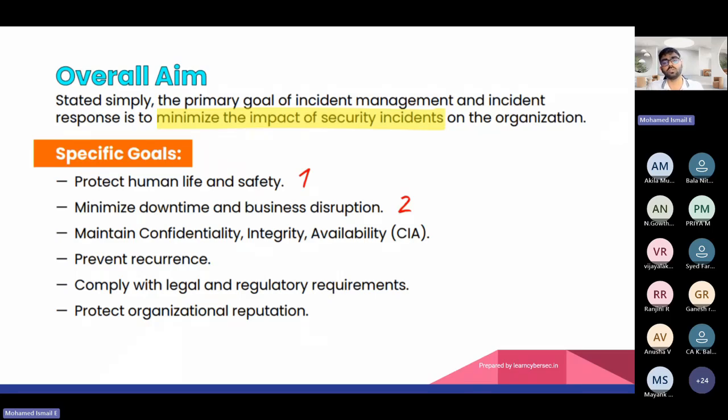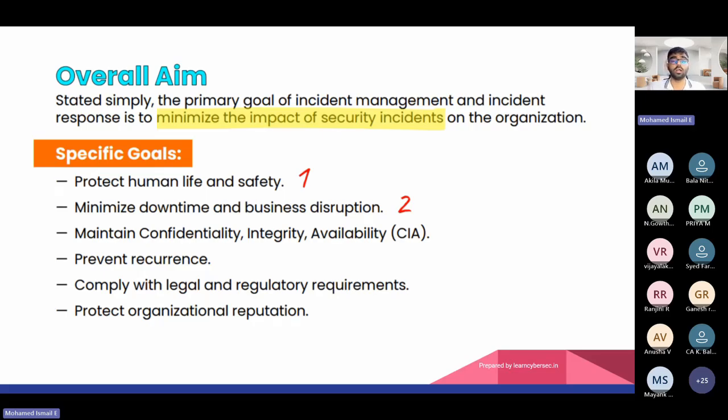Now the goal is how to get the business back to function, how to recover the data, and what the hacker took, right? So how to react as a security professional, or if you are learning for a cybersecurity certification, you should know the standard procedures and processes used to recover the data or get back to the normal mode of the organization.